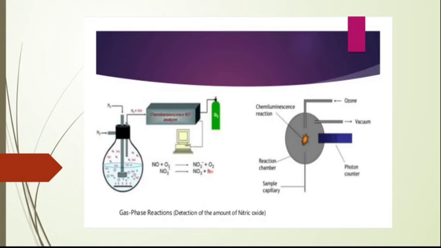When NO2 radical or NO2 star is here, sorry, instead of radical you can use star. NO plus O3 gives NO2 star plus O2. NO2 star means an excited species with excess energy. When NO2 star comes to the ground state, NO2 is formed and some amount of light is emitted, and this emitted light is measured on the detector, the photomultiplier tube.